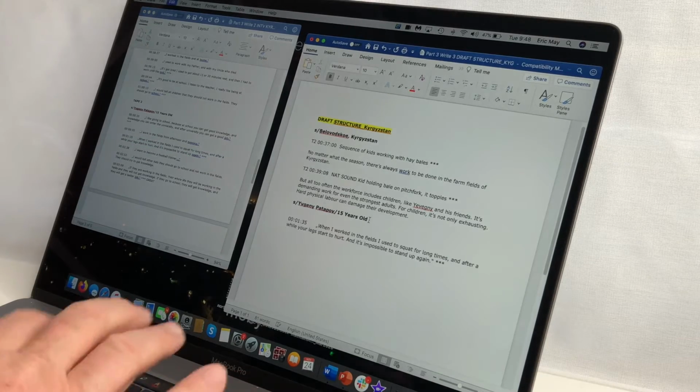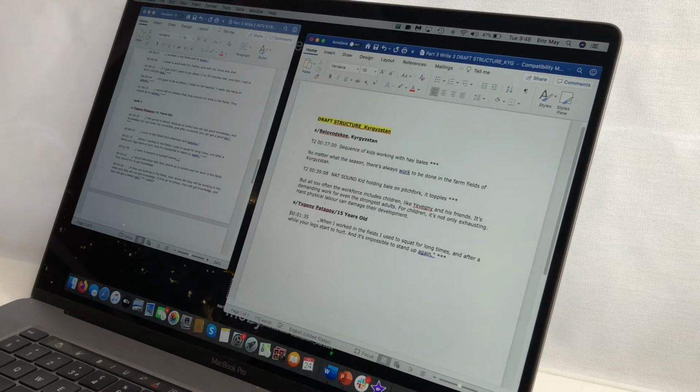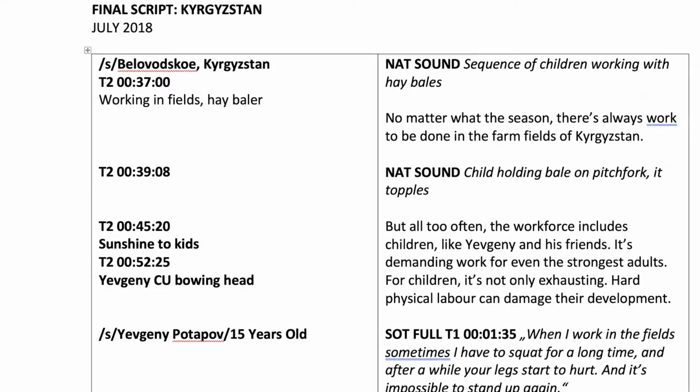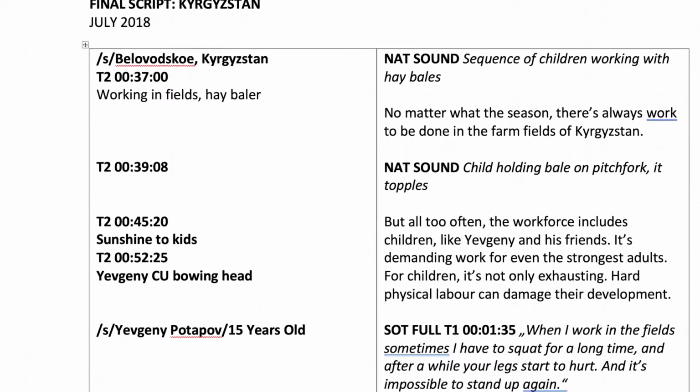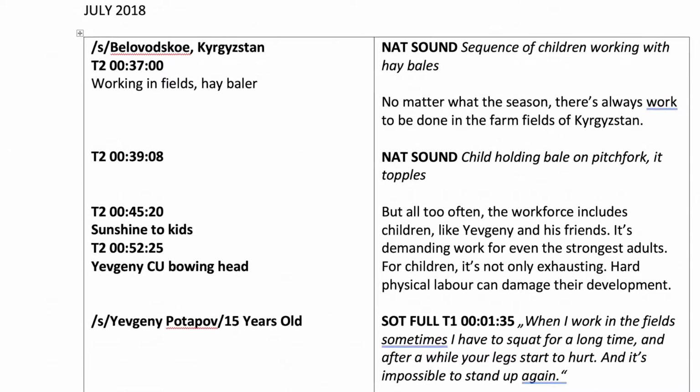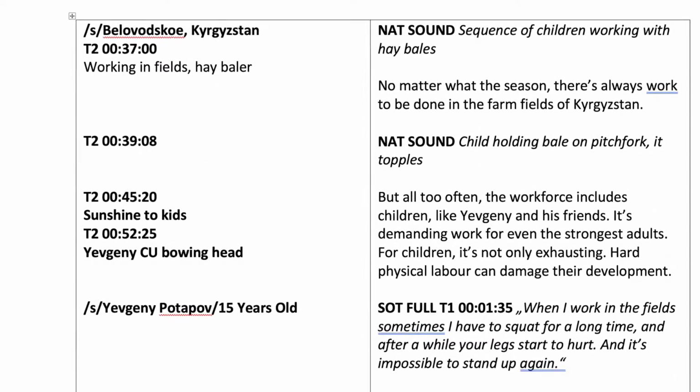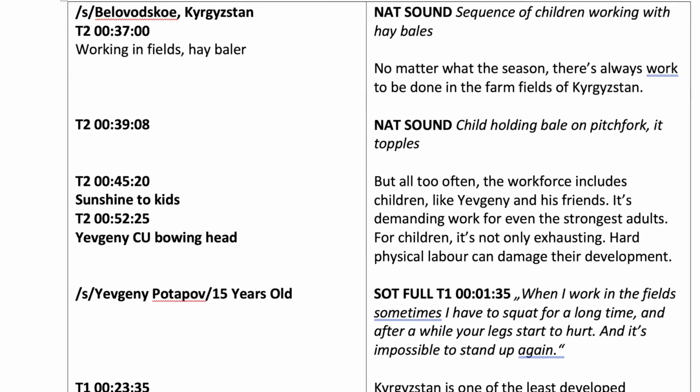Then, going back to the computer, I simply cut and paste the highlighted elements into the draft structure. The final draft has all the elements: sound bites, supers, correctly written text, complete sentences. If something isn't working, images, sound bites, or text, sequences, I just shift it around. Again, I'm not afraid to drop it altogether if it doesn't work.